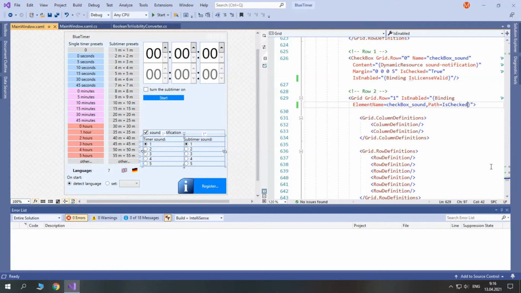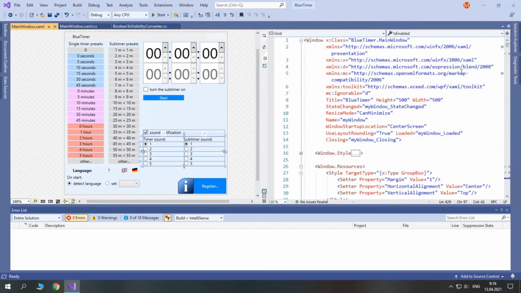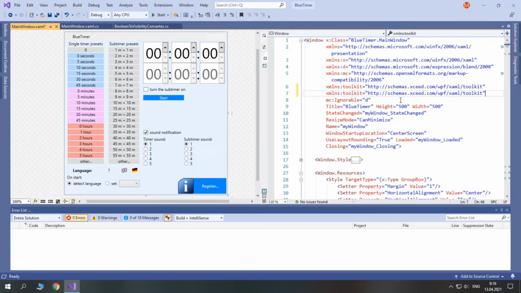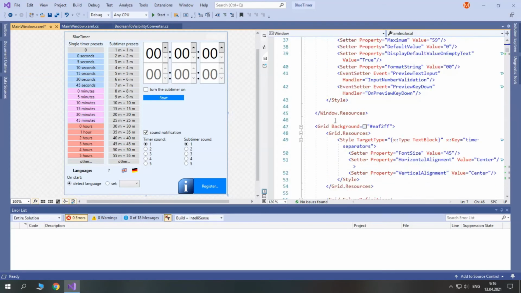So before we can use our newly created converter, we need to add a local namespace. So let's copy this one. We'll name it local and just type here your namespace, like bluetimer here, clr-namespace bluetimer. Now in your resources you need to create a new converter.